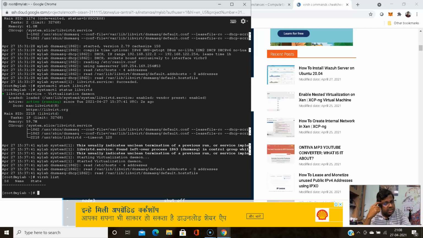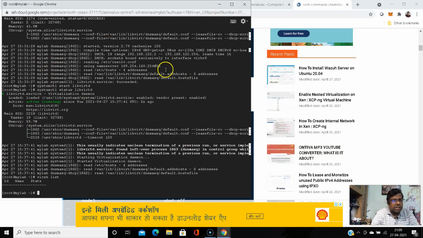There is no virtual machine installed and running. So we need to install a virtual machine, then only it will work. Now virtual machine installation will take quite a long time, so I need to show something else. Since this is a Linux instance running over cloud, there is no graphical user interface by default, so you don't have any console for it.